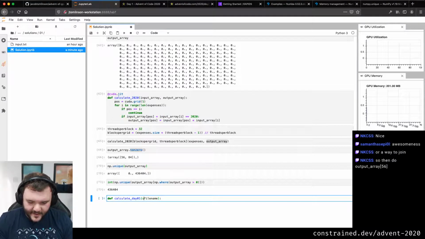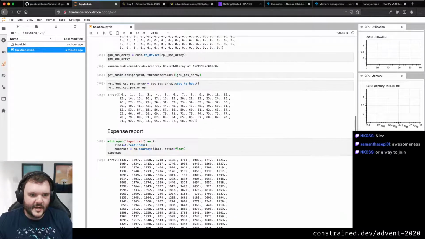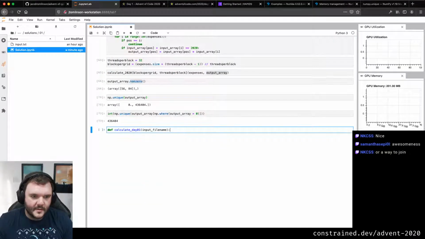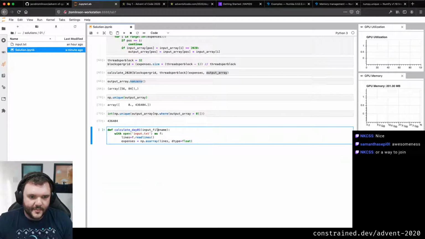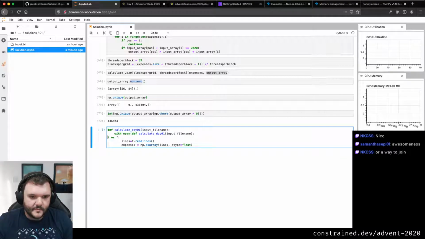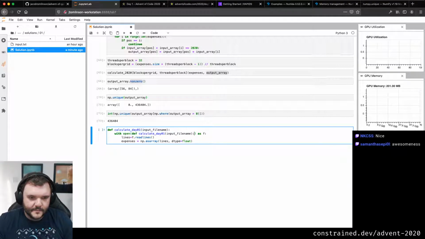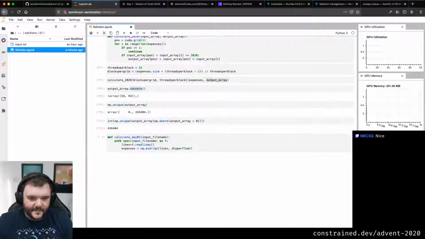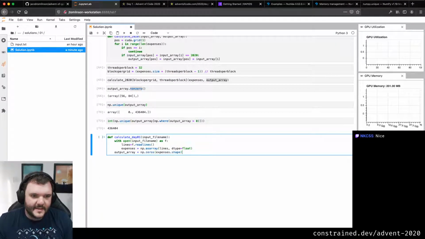I'll call it input file name, and I'm just going to copy all of this stuff. So with open input file name, we get the expenses. We're going to make ourselves an output array like that.